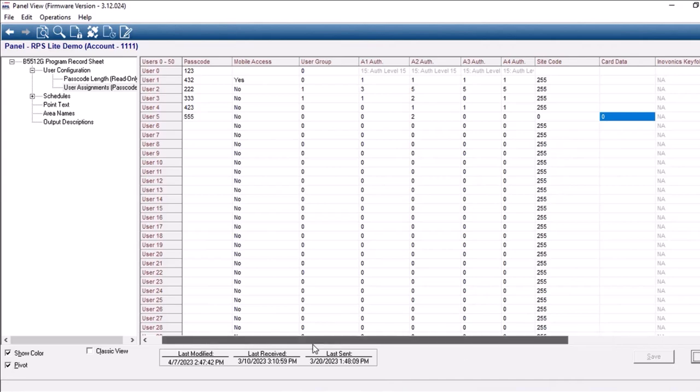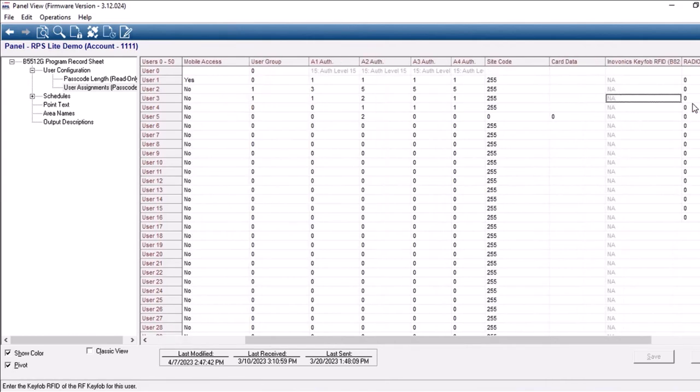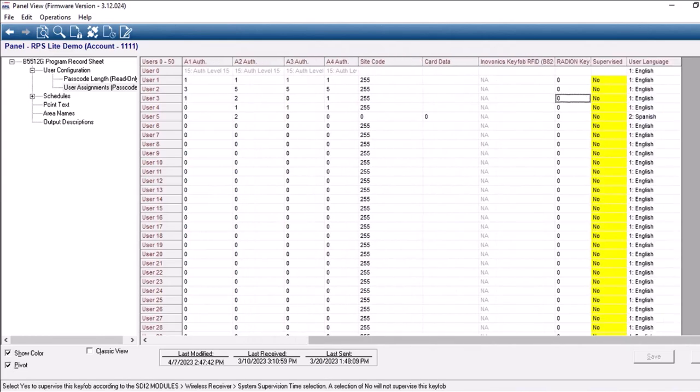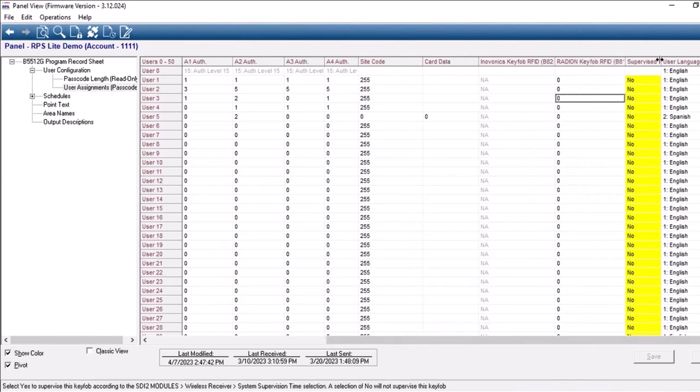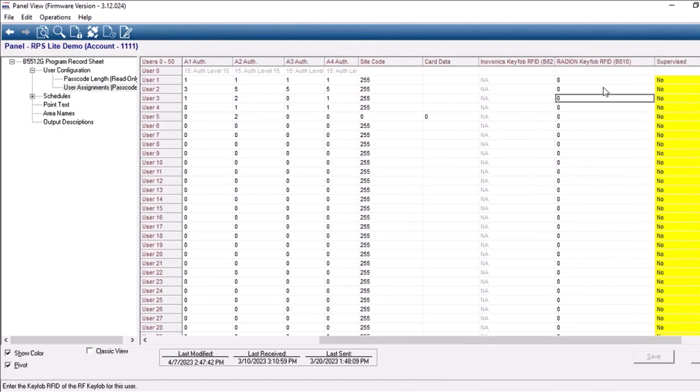For this example, I might want to have user 3 to have an RFID. So I would go to where it says Radion key. It's cut off. If you want to read the rest of the menu option, you can expand it a little bit. But this is going to say Radion key fob RFID, and the B810 is the wireless receiver that it connects